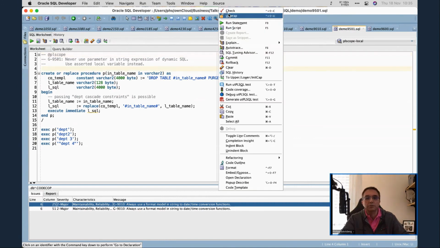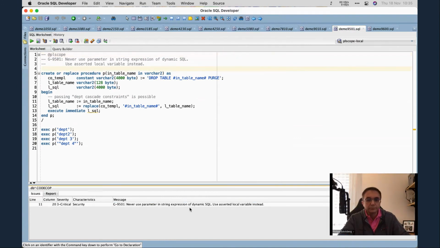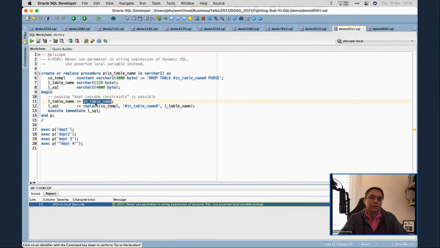So I can do the check here. And it just says, hey, this parameter is not checked, so it's vulnerable to SQL injection, but that's just an assignment here to a local variable. Yeah, okay, but this local variable is used. Come on, what about code highlighting? Okay, this